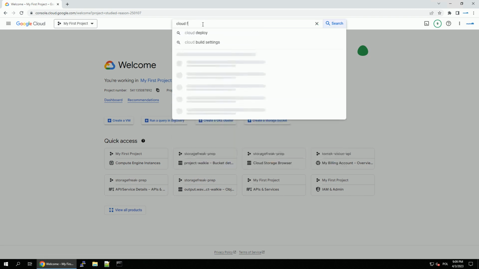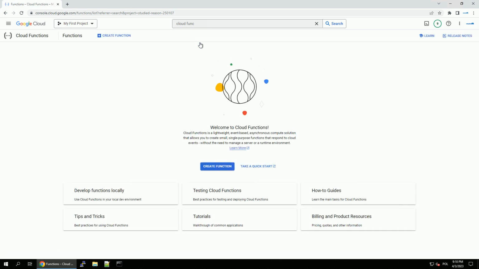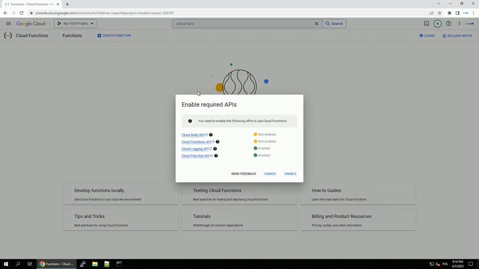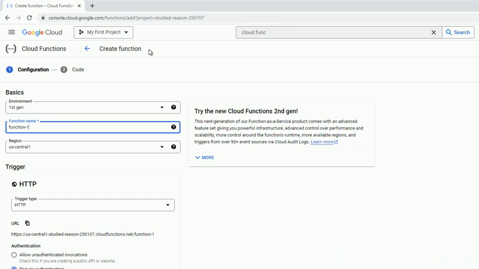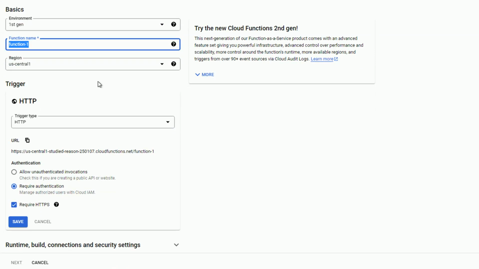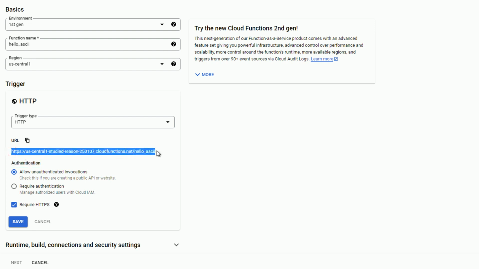But first, from the console, let's navigate to Cloud Functions and let's try to create our first function. So for that I'm going to click create function, and as you can see at the beginning the program is checking if all APIs have been enabled, and they haven't because I haven't created a function in this particular project previously, right? So let's click enable APIs and give it a minute to finish. Alright, finally the APIs are activated, so we can navigate to create function again, and let's give it some meaningful name. In my case it's going to be hello ASCII. I will leave the environment and region as default ones, trigger HTTP as well, but change the authentication to also allow unauthenticated people. Let's require HTTPS, and as you can see on the screen, we already see what's going to